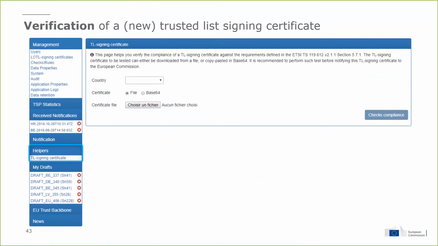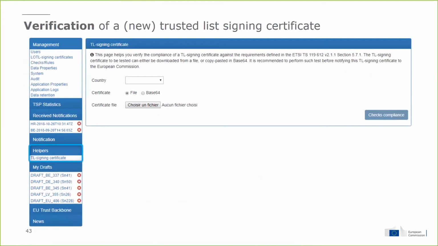About the verification, here is how it looks. There is a new feature on the left menu under a new category called Helpers, TL Signing Certificate. This feature enables you to drop a certificate and run the compliance checks against that signing certificate.